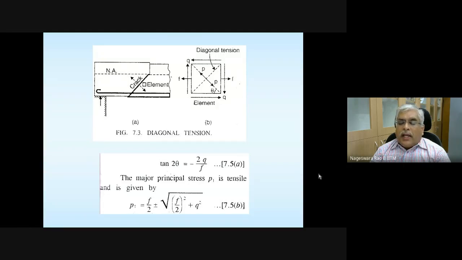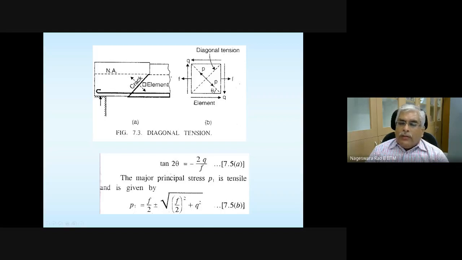And the bending moment diagram is going to have parabolic variation, with maximum value at the midspan. So the key points: for a simply supported beam subjected to uniformly distributed load, shear force is going to be maximum at the supports, and bending moment is going to be 0 at the supports. Shear force is going to be 0 at the midspan. Bending moment is going to be maximum at the midspan.